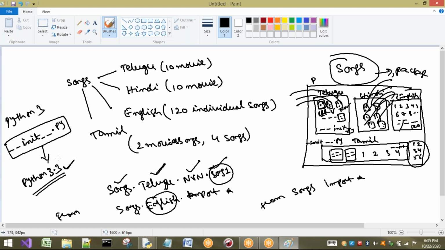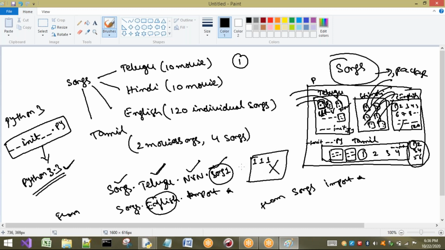So let us see what the advantages of this are. First advantage: here I am having a file name as 1. If I am going to have a single folder, can I place the same file name for multiple modules? It is not possible. The reason is that a module with that name is already present in that package, so it is not possible to store modules with the same name in the same location.